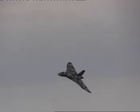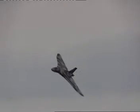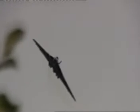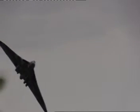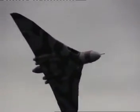So that was the longest bombing raid in history at the time, and it took those 10 tons of bombs. That's a 7,700-mile round trip, which required 18 air-to-air refuelings. As she comes by this time, you'll see the bomb bay doors closing. The bomb bay now is full of the names of the